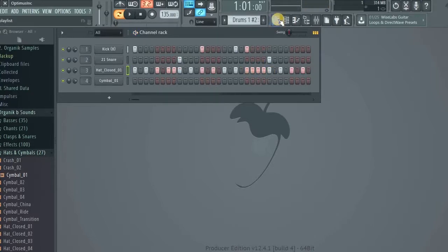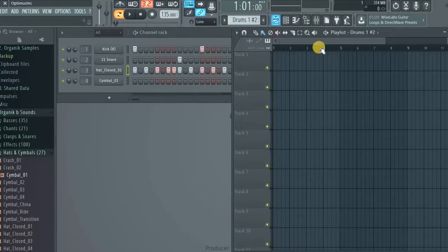You see? Now let's come here to song mode. In song mode, now you right click here. We want to put it so that we can listen to pattern 1 and pattern 2 back to back. You come here, right click on it, and then select drum 1, which is pattern 1, and then you paste